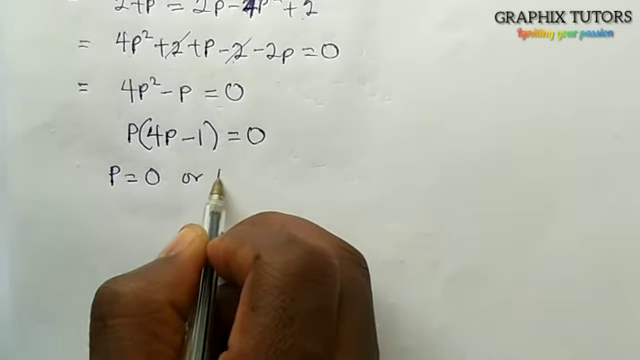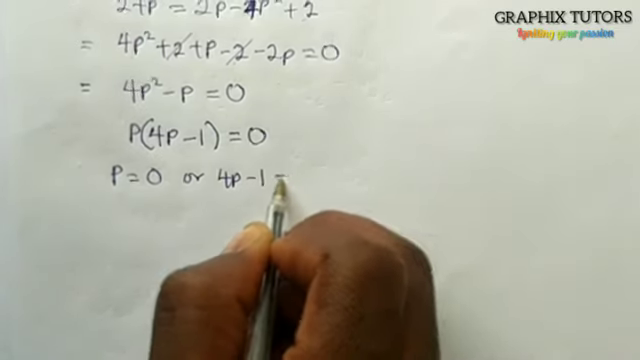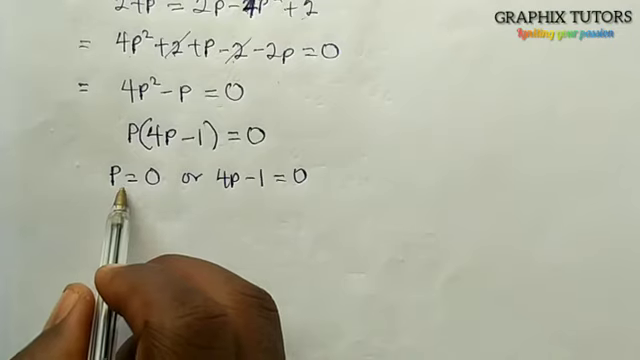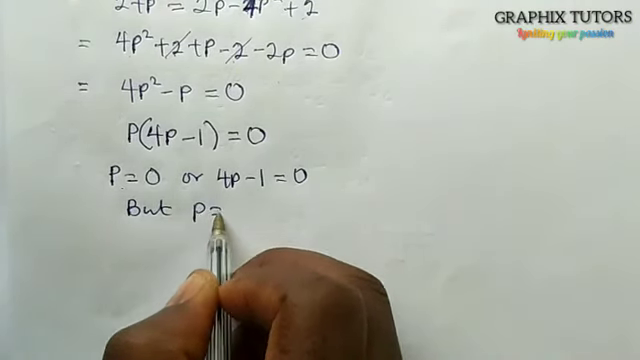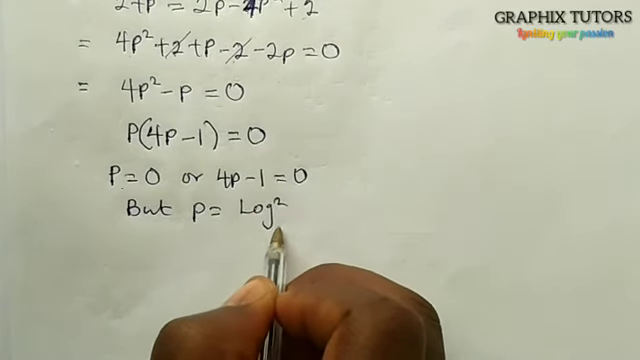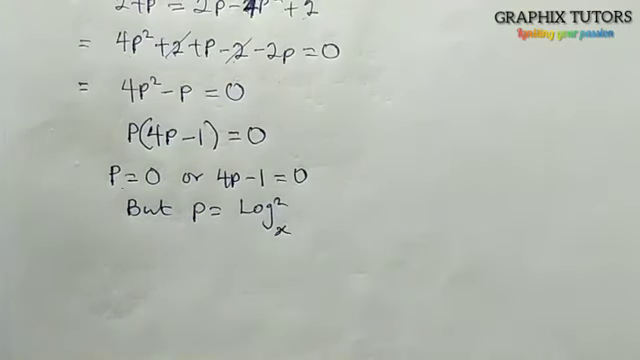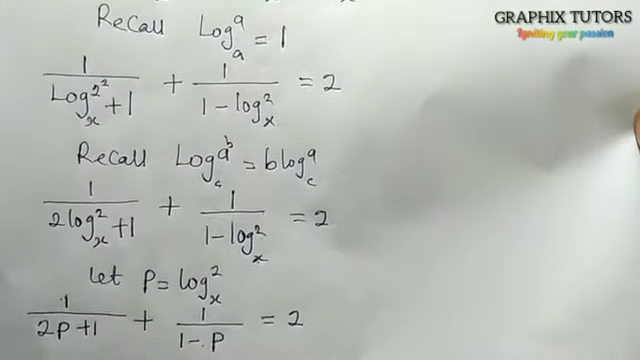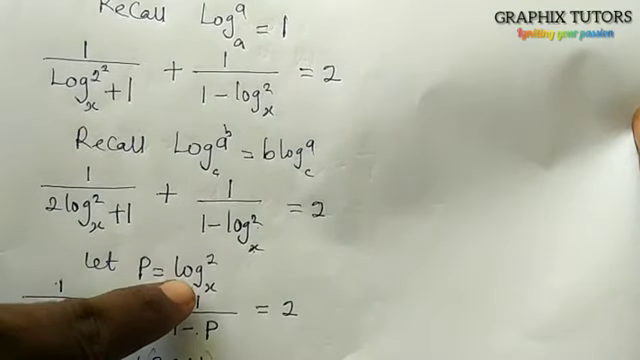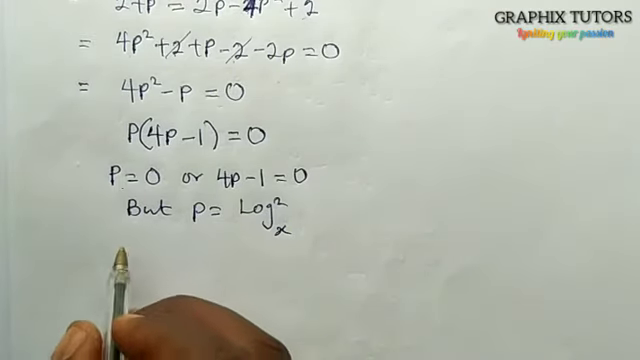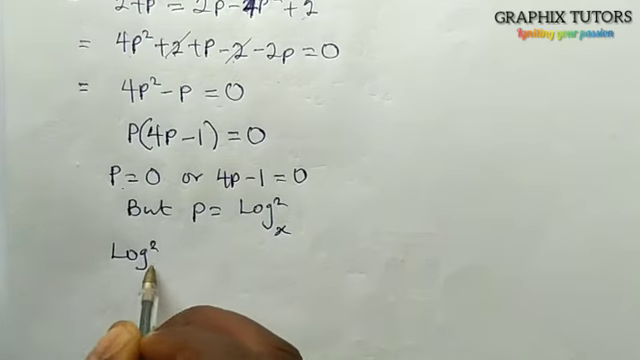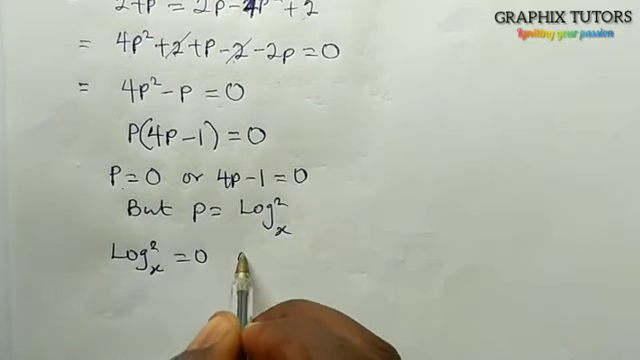Now it means that p is equals to 0, or 4p minus 1 is equals to 0. Now in this case here, p is equals to log 2 to base x. That's what we said earlier. From the condition we set at the beginning, we said let p be equals to log 2 to base x. So in doing that, this is p here. So when I'm putting my p, I'll write log 2 to base x is equals to 0, or